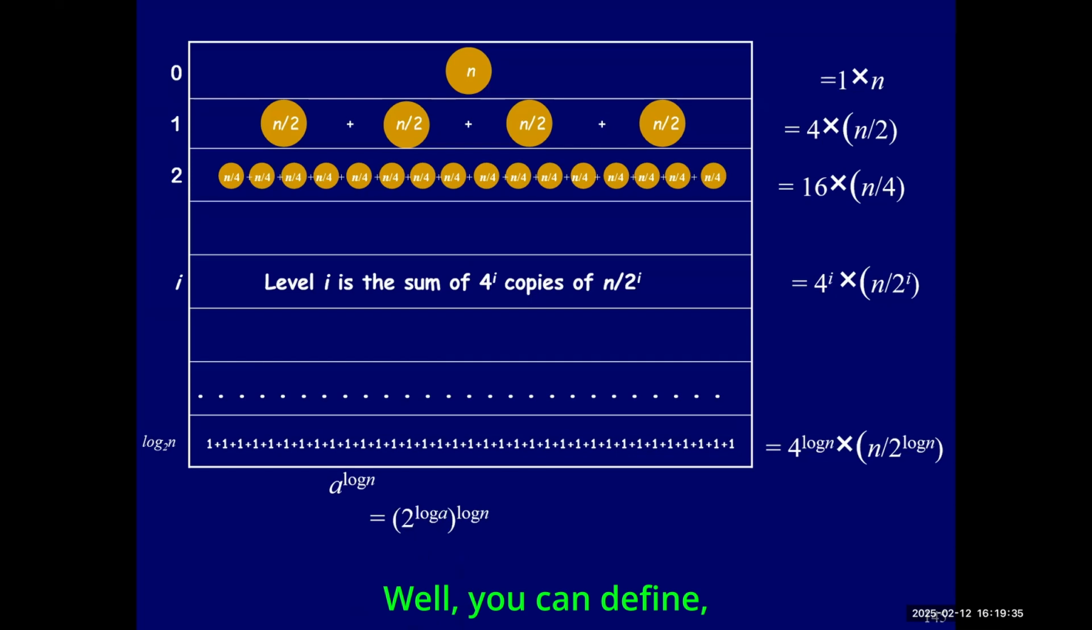Well, you can define what 2 to the log a is, by definition it's a, right? Why? Because what's the definition of log a? It's 2 to the what gives me a. So,